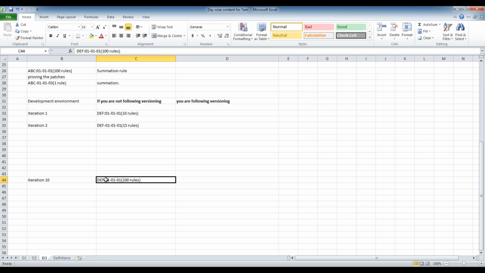We are saving each and every rule for each iteration in the same rule set version, so we cannot tell how many rules were created in each iteration. That is one more disadvantage if you don't follow versioning.